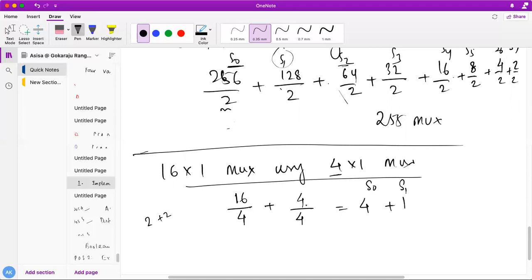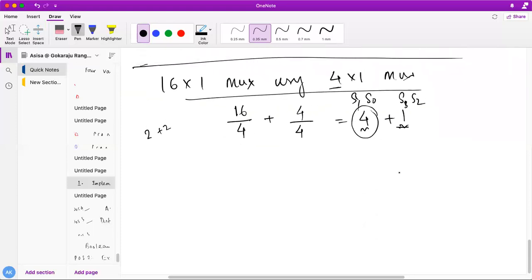So 2 plus 2, 4 actually. Here 2 select lines, here also 2 select lines required. Okay, so these are your MSBs, which are nothing else but S3, S2 select lines, and here S1, S0 select lines. These 4 muxes will be connected to S1, S0. This last mux will be connected to S3, S2.